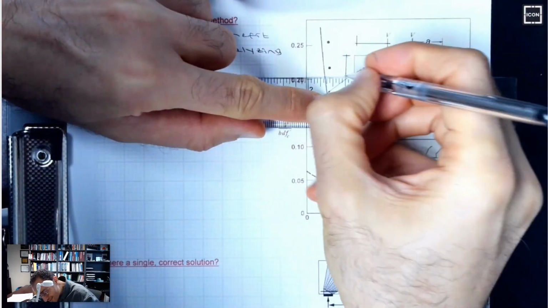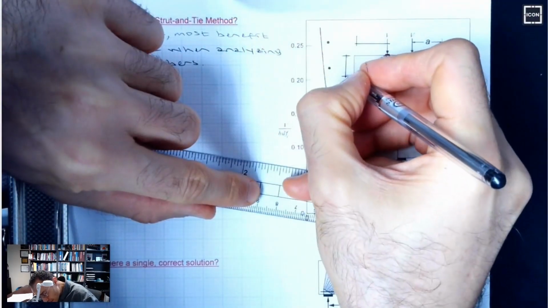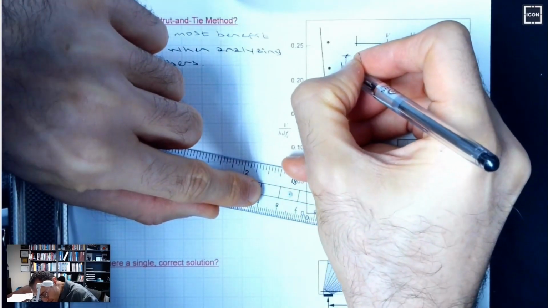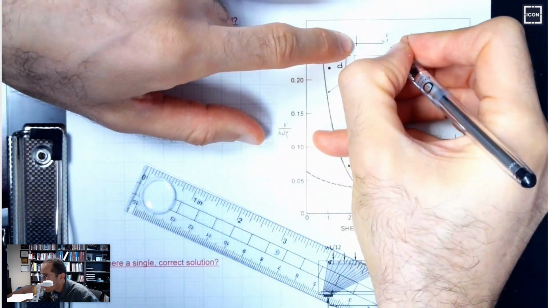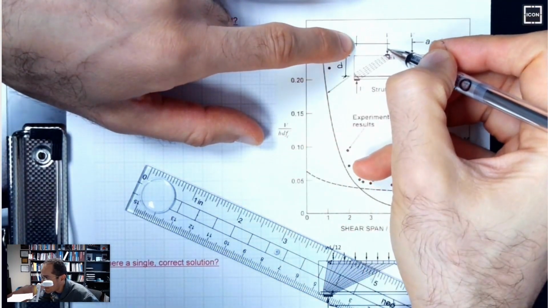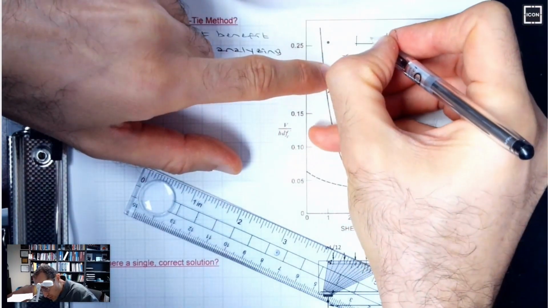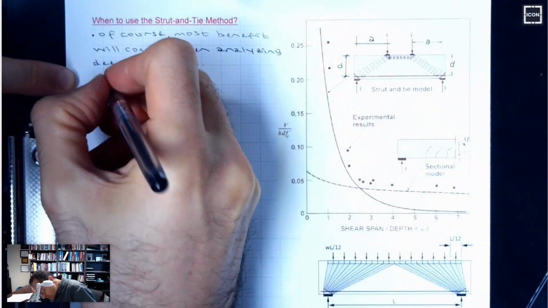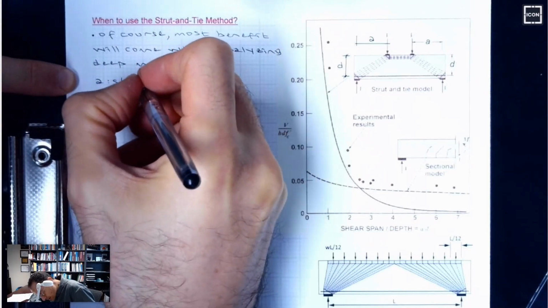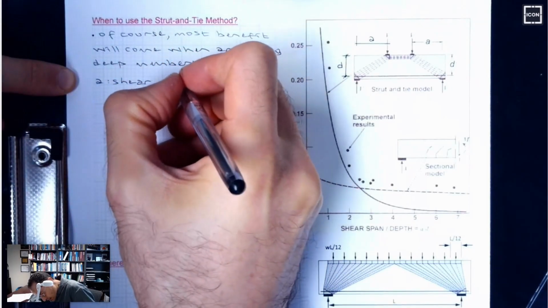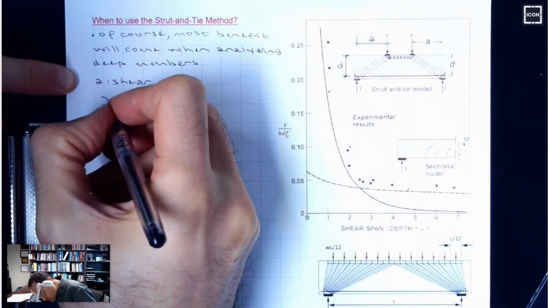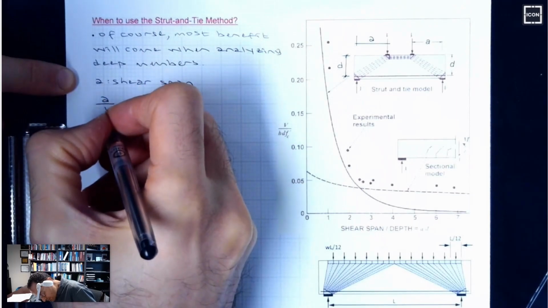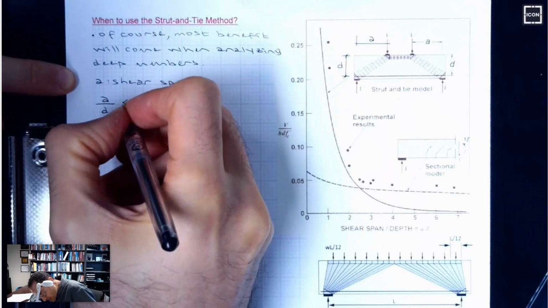So for our practice, H is effective depth, right? So this is D. If this is 2D or less, it's going to be a deep member, right? Call this A. A is called shear span. So shear span to effective depth is smaller than 2